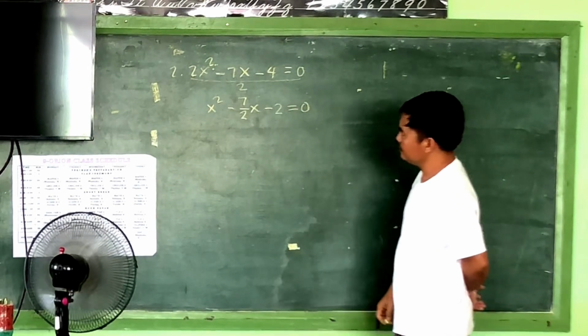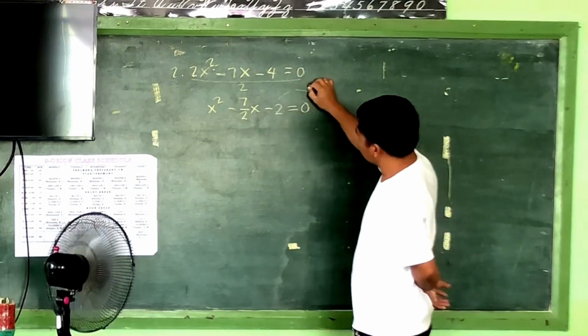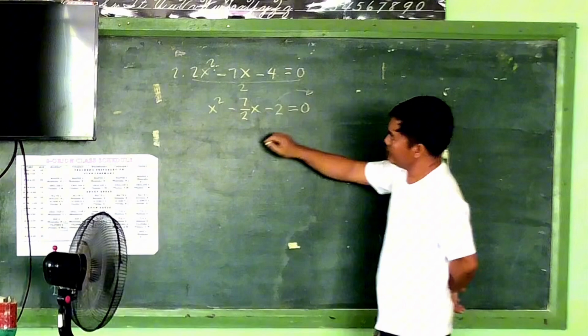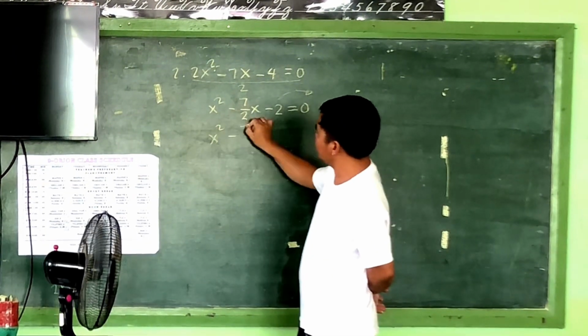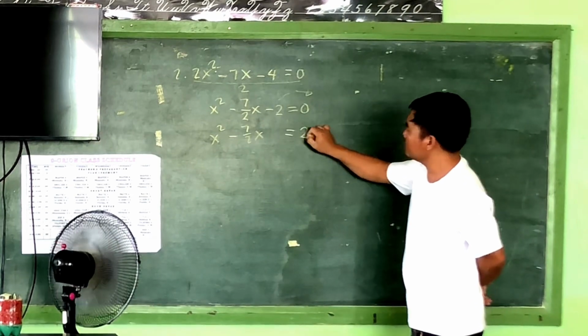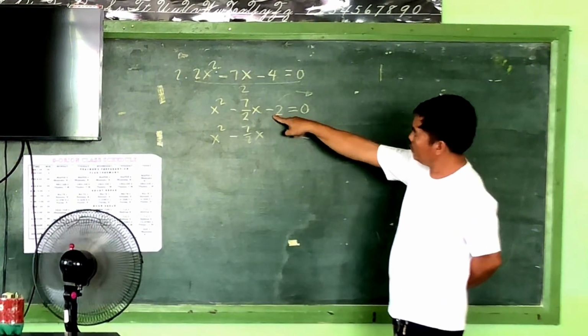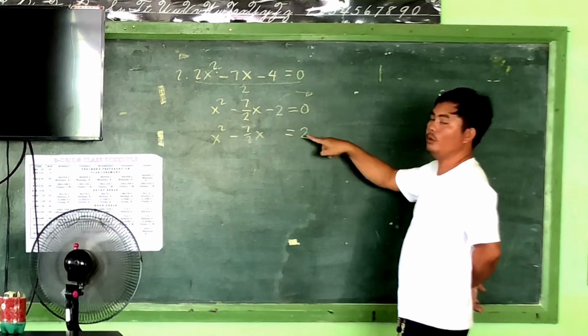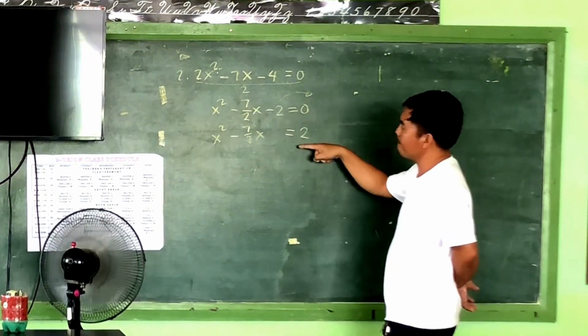Okay, transpose negative 2, the constant term, to the right side. So this will become x squared minus 7 over 2x equals 2. So negative 2 transposed to the right becomes positive 2. Okay? Next is,